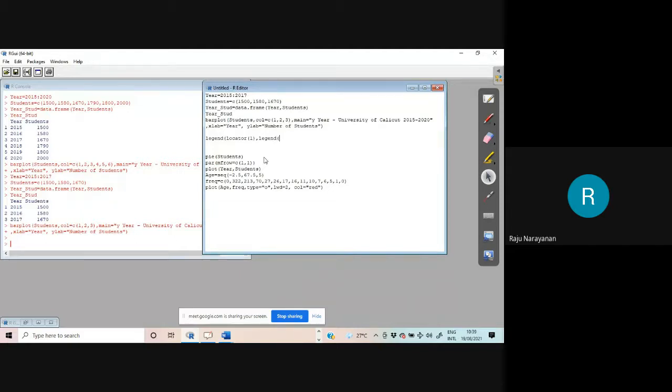Legend is equal to c bracket 2015, 2016, 2017. Okay, what color you want? Fill equal to c bracket. Here we have given color 1, 2, 3.